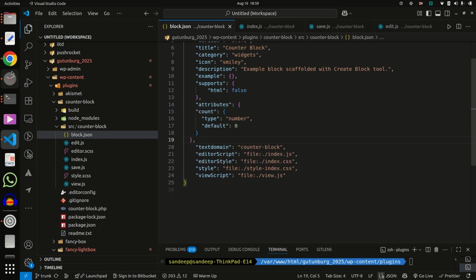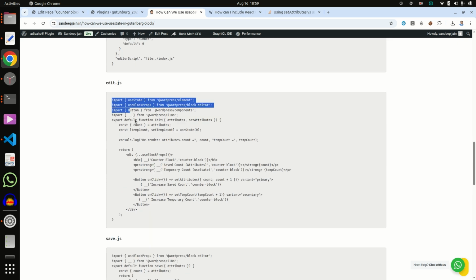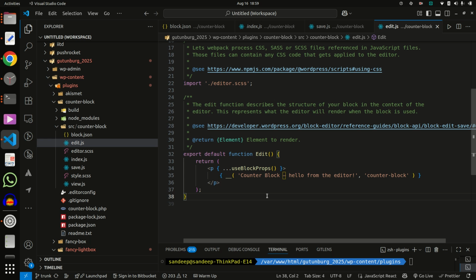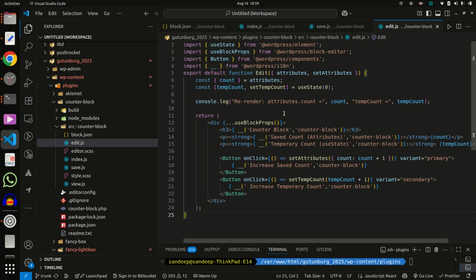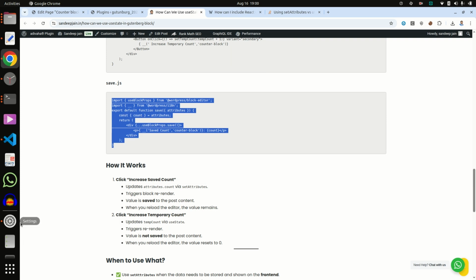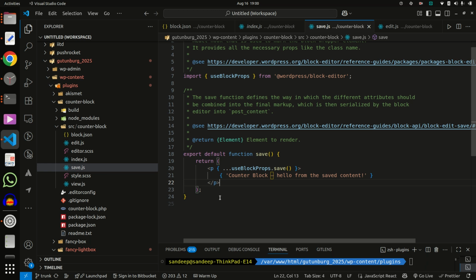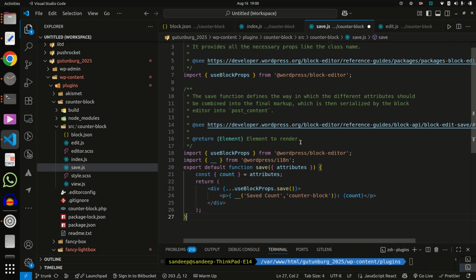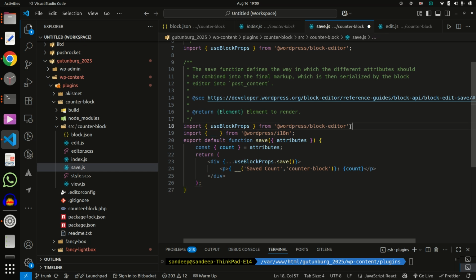And then go to edit.js, and here I use both parts, via attribute and via useState. So I use one button for useState and one button for attribute, so that I can explain how it is working. Now I am copying the save.js data.